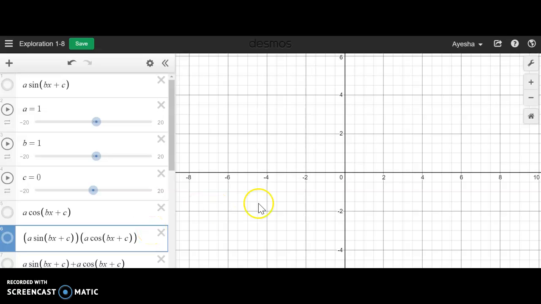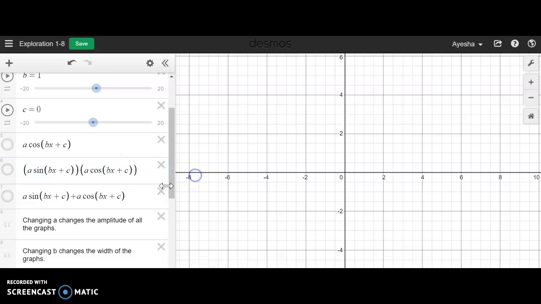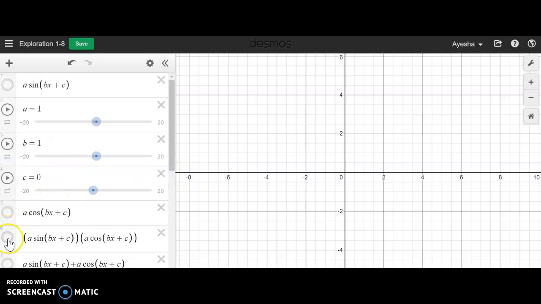Alright, so in this video we're going to look at h of x when it equals f of x, which is a sine bx plus c again, and a cosine bx plus c, which is g of x. These two functions multiplied together. So we're going to look at what this is right here, h of x, which is two functions multiplied together, and first I'll just put the graphs of a sine bx plus c